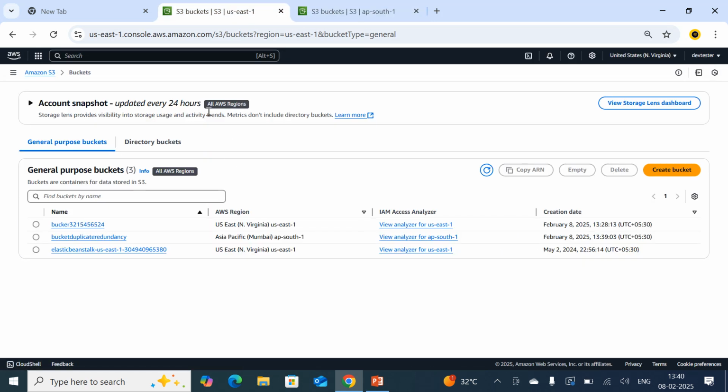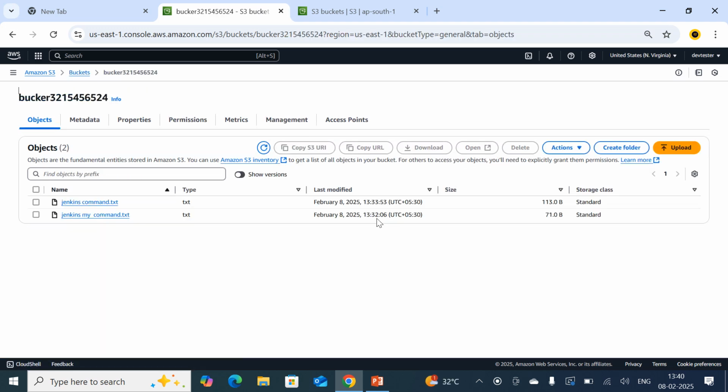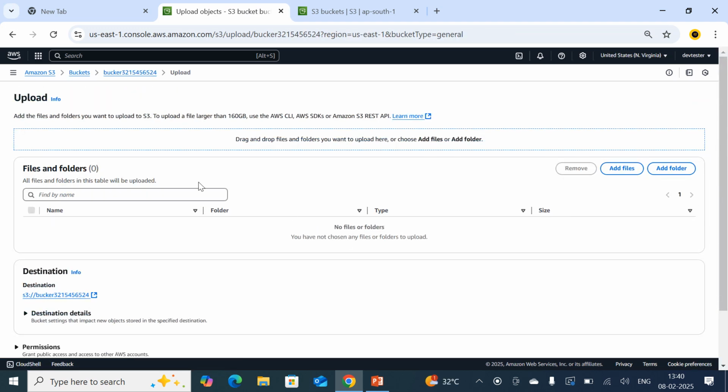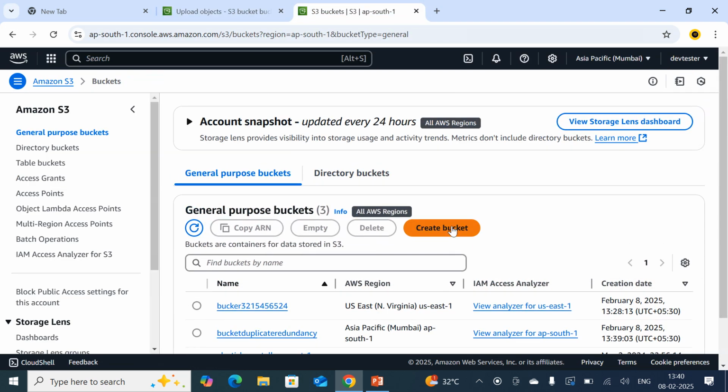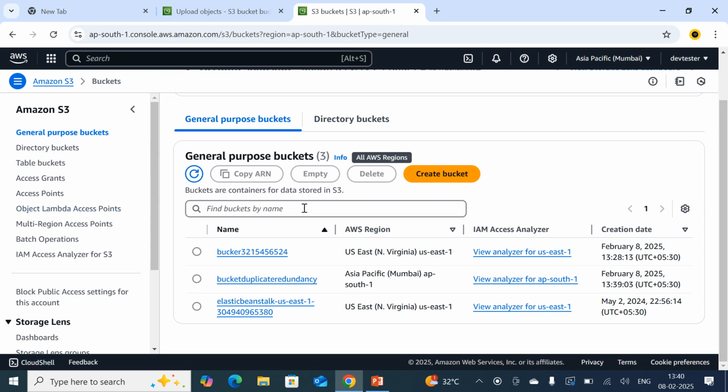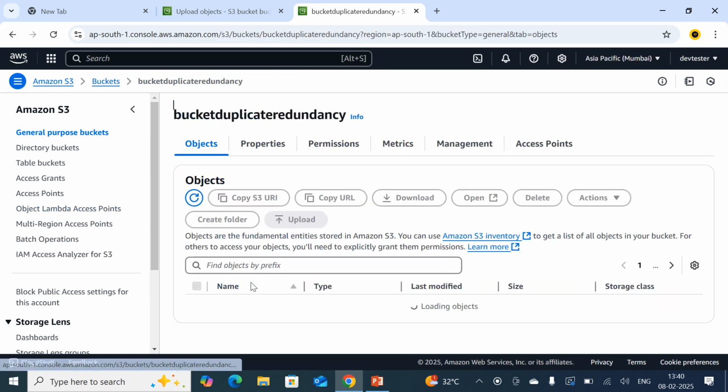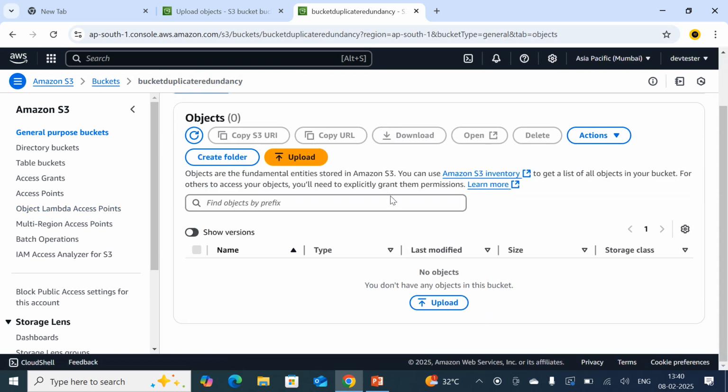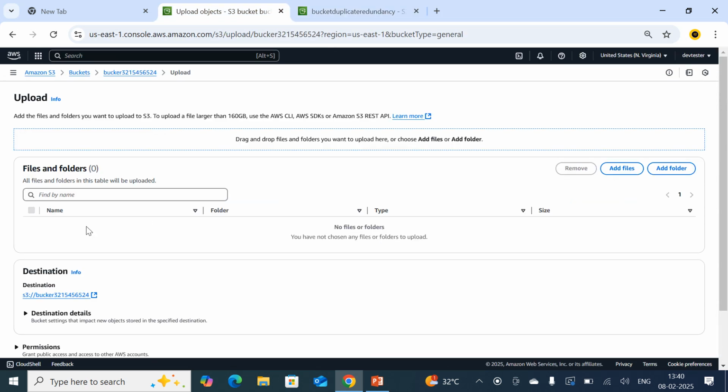So right now I'm going to upload something in this bucket. So upload. If you see here, in the duplicate bucket, there is nothing right now.